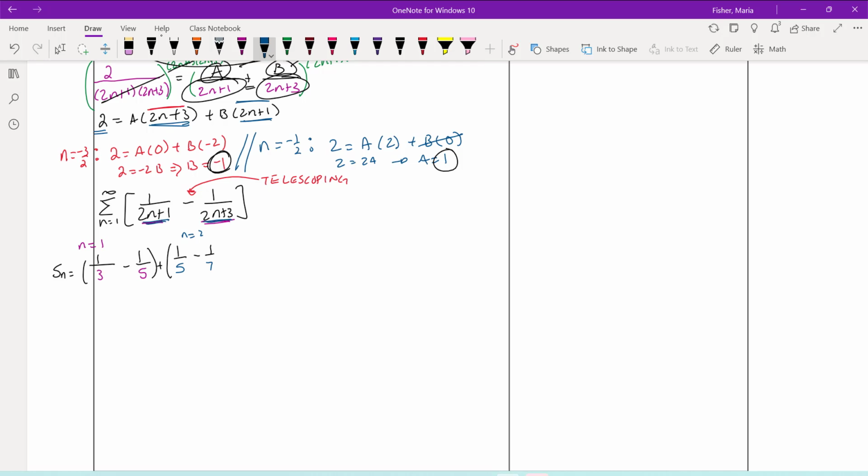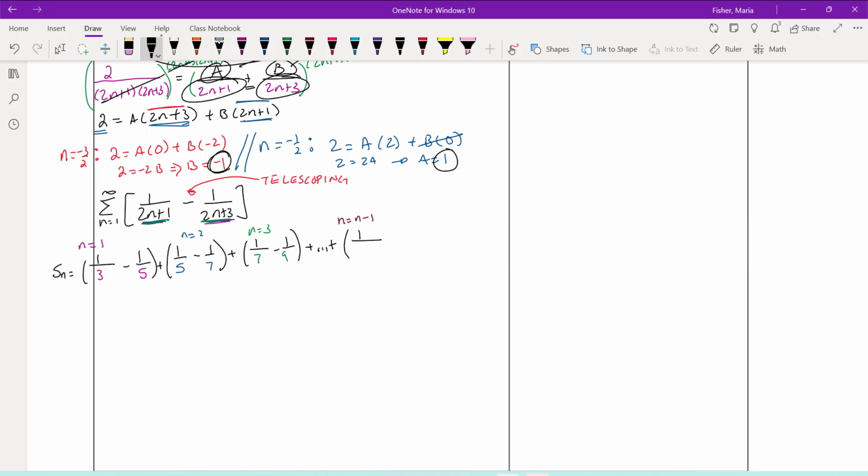So 1/5 minus 1/7, plus plugging in n equals 3, you're looking at 1 over 7 minus 1 over 9. Now we need to plug in n equals n minus 1. We'll be really careful here. What we're going to do is do it on the bottom and then erase it just to make sure we